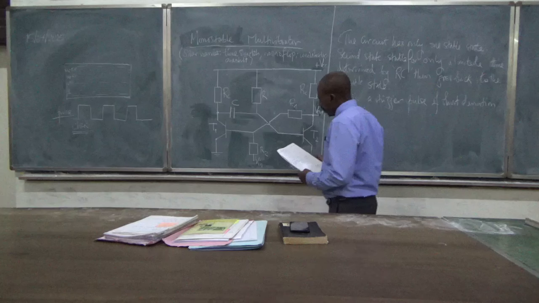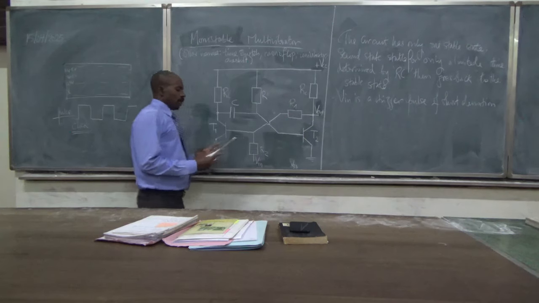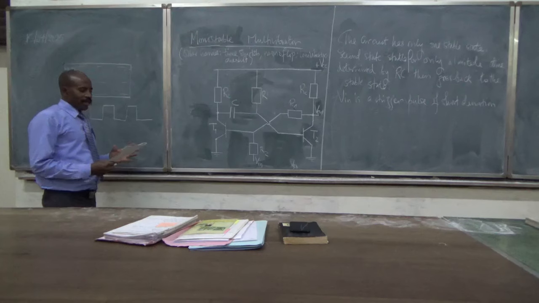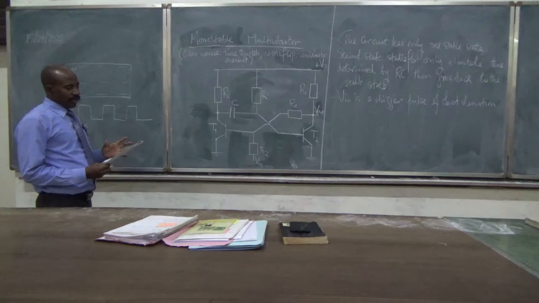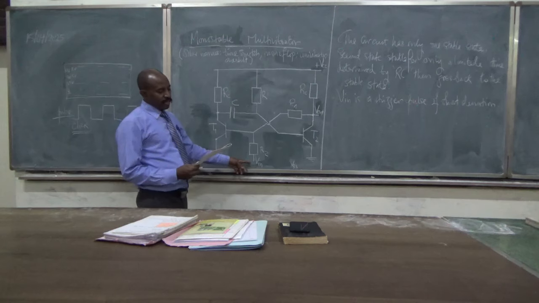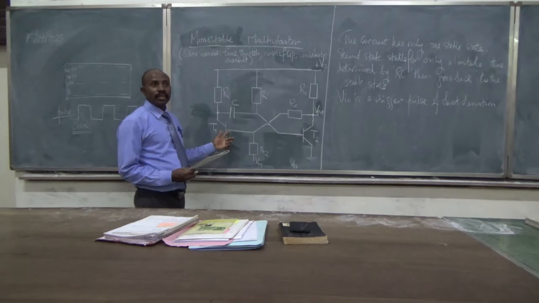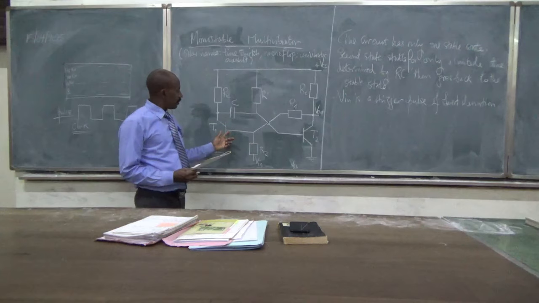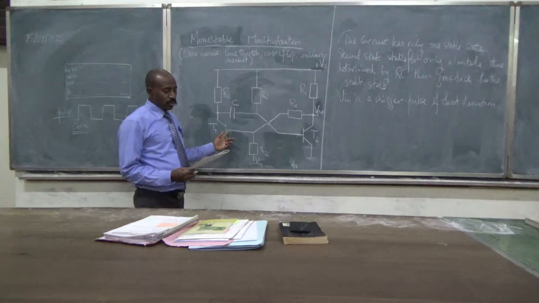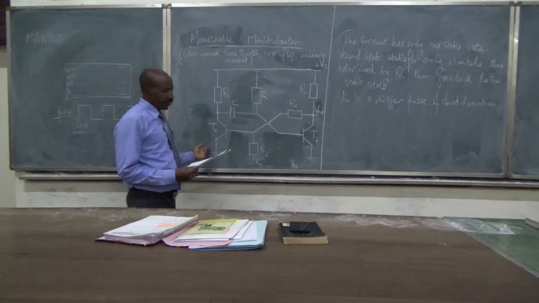Now, if this one here makes T1 conduct, this one here biases T1 and makes it conduct. And then that means that it makes VCE, this one, VCE1